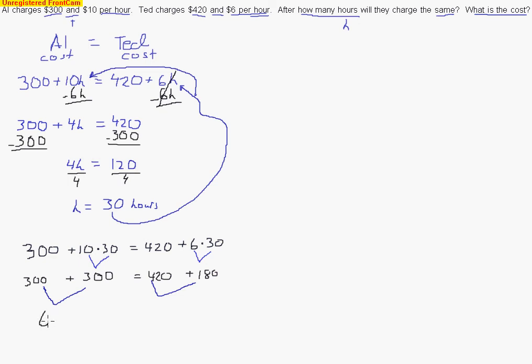So either way you do it, you're still going to end up with the same amount. $600 for Al's cost, which is going to equal $600 for Ted's cost. So the cost that they have when they're the same is $600. The time in which they will charge the same is 30 hours. And that gives you an idea about what you're going to end up seeing on day 18's